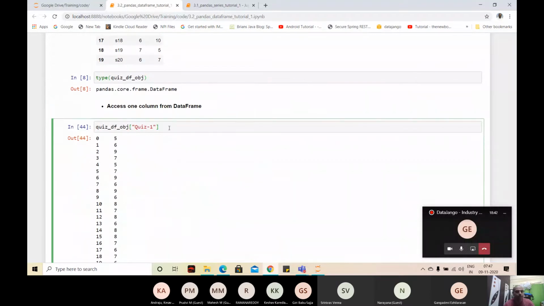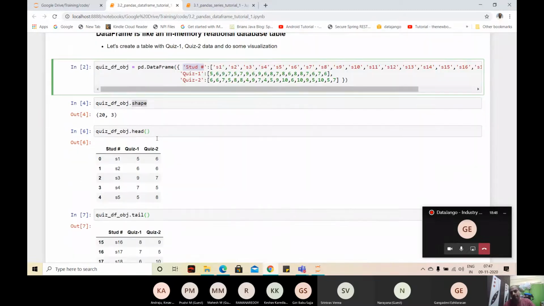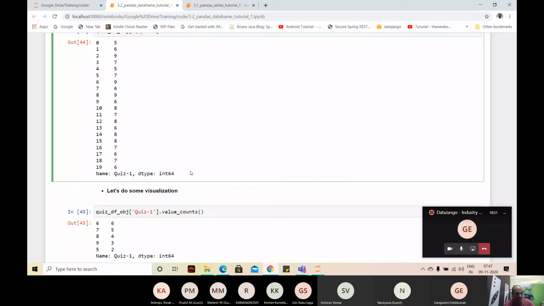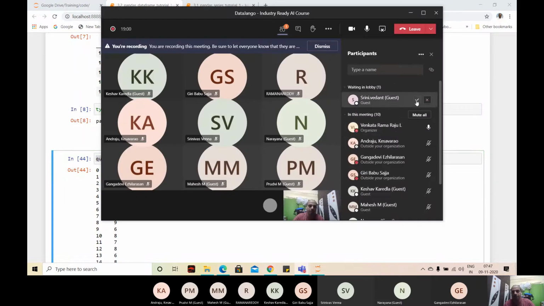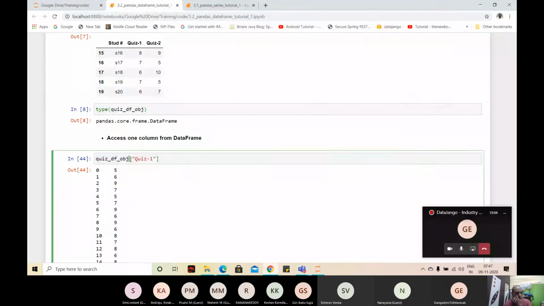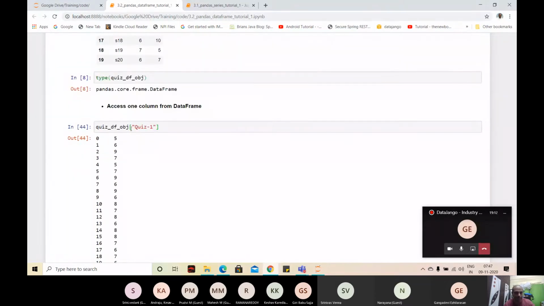You can take one particular column from the data frame and have a look at it. That can be done in multiple ways. I'll show you. So this is one way. This is a data frame object. Quiz df object is a data frame object that we created here, and in that we have 3 columns: student, quiz 1, quiz 2. The way we can access a particular column is by putting rectangular brackets and the column name. Right? You can do that. And one more way is to